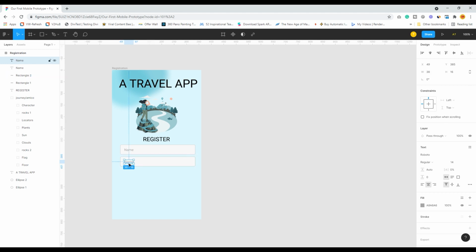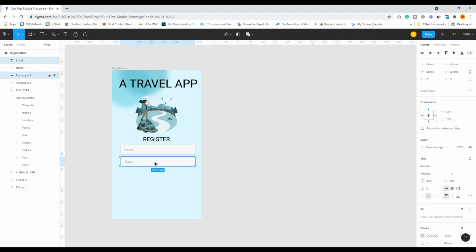I need only 3 things, so I will take the email and Alt Shift down. See, same 12 pixel.